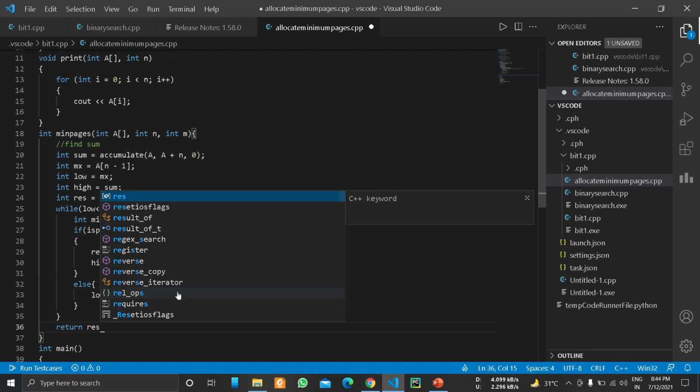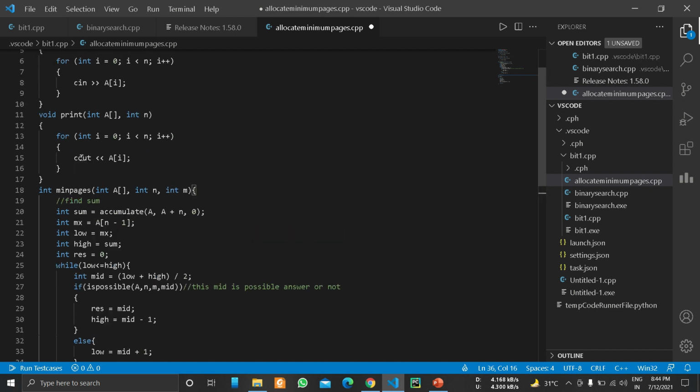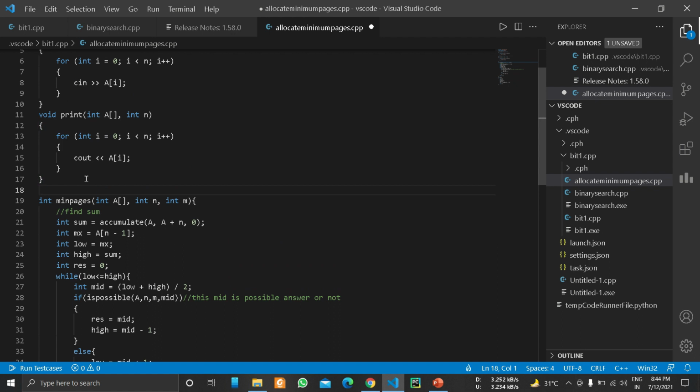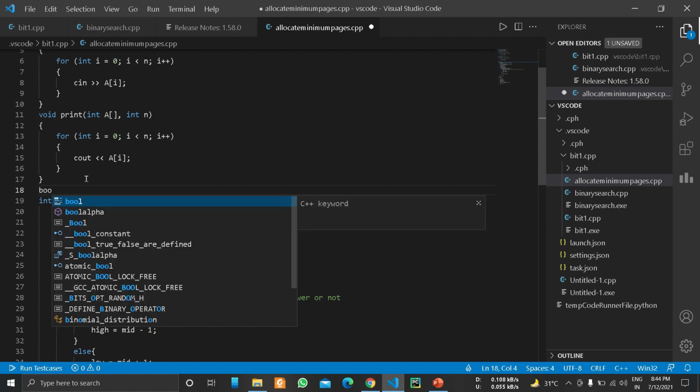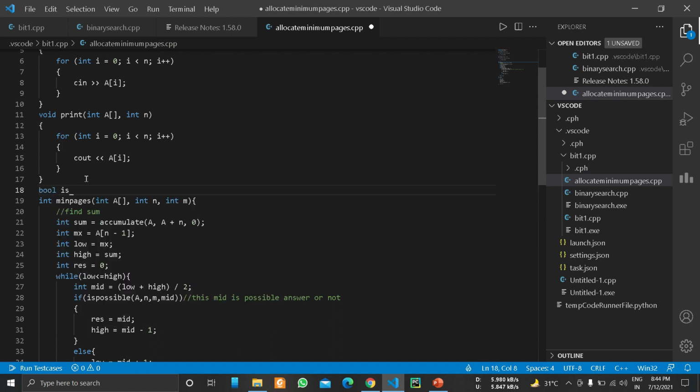So let's write our isPossible function. Int n, the number of pages, int m, the number of students, and int ans, and this is the answer.